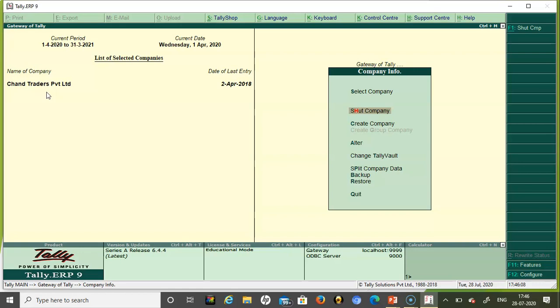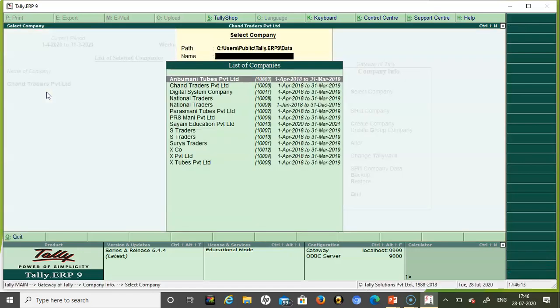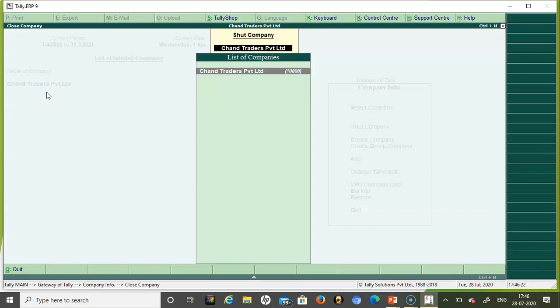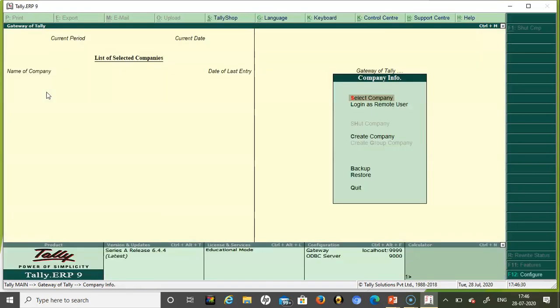Whenever you need to shut a company, suppose I'm selecting a company, and I don't want Chand Traders to be listed on the primary screen. I select Chand Traders and shut the company called Chand Traders. So the data which has been uploaded in Tally is automatically unloaded. Now there is no company called Chand Traders.